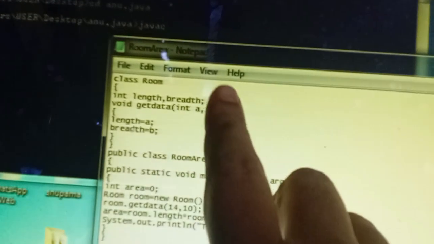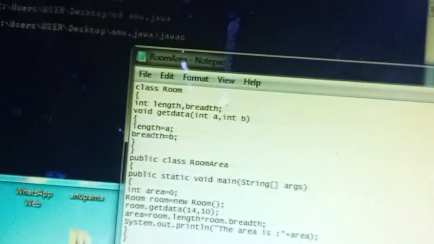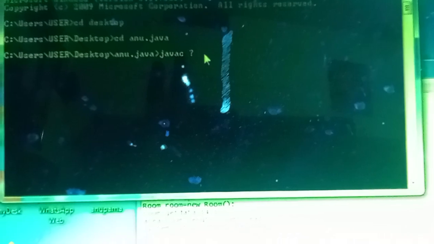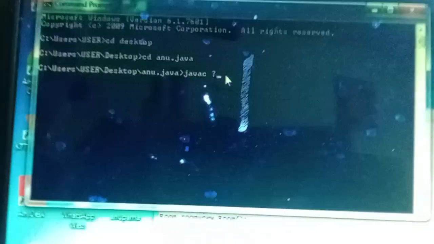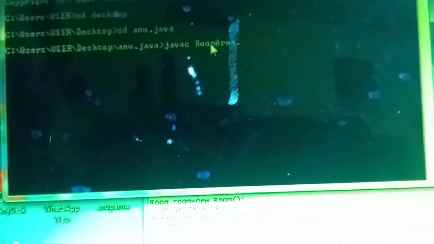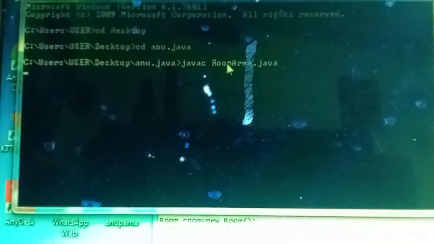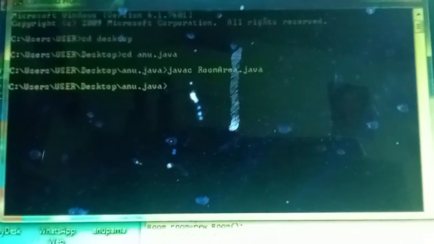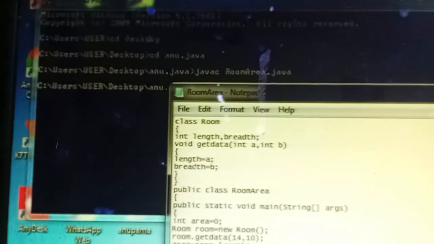RoomArea.java, right? Press enter. Yes, no errors. Now go again to Notepad where we have saved.